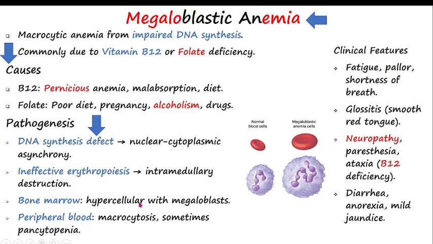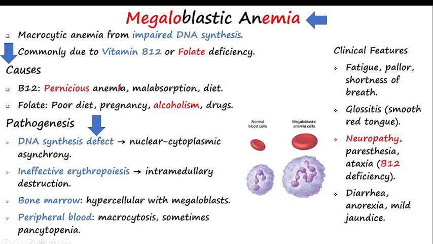Also, the bone marrow will be hypercellular with megaloblasts, because the red blood cells formed are abnormal and are highly destroyed in the spleen. That is why the bone marrow compensates by increasing its cellularity. So on the peripheral blood, we will have macrocytosis, the big cells, and sometimes pancytopenia, because red blood cells and white blood cells all have nuclei. Red cells which have a nucleus are the precursors, not the mature ones. In the mature one, the reticulocyte, the nucleus has been extracted. But in the red blood cell precursors and white blood cells, there will be abnormality because there will be no